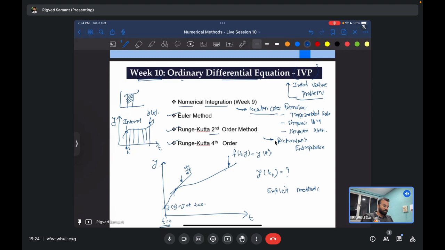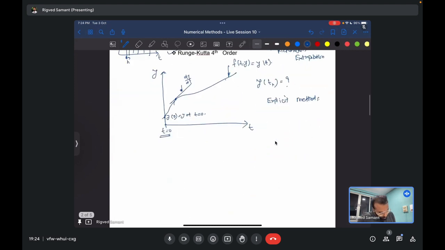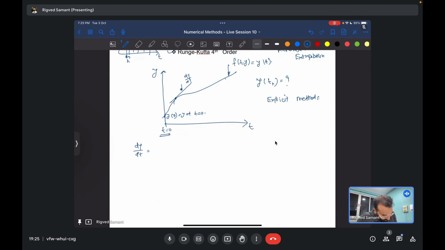So what happens is, you would be given a dy by dt, some function, let's say y square plus 3t or something. For the sake of it I am telling you. And then you will be given y of 0 is equal to 4, find y of 10 is equal to what? And for that, if you want to solve this using Euler's method,